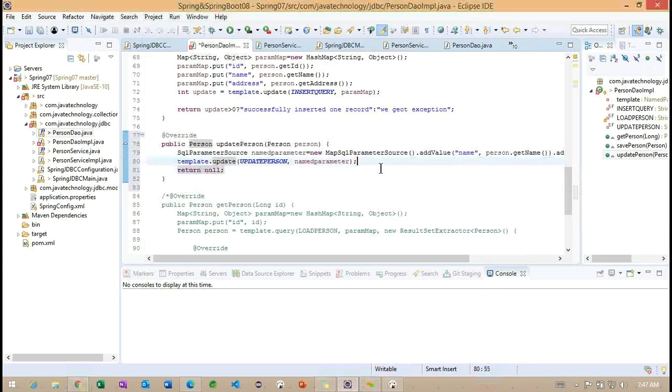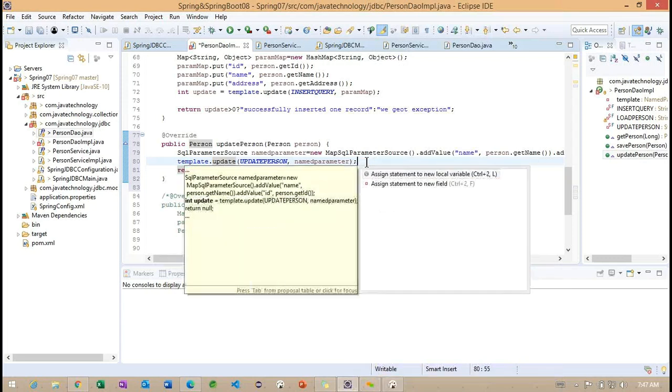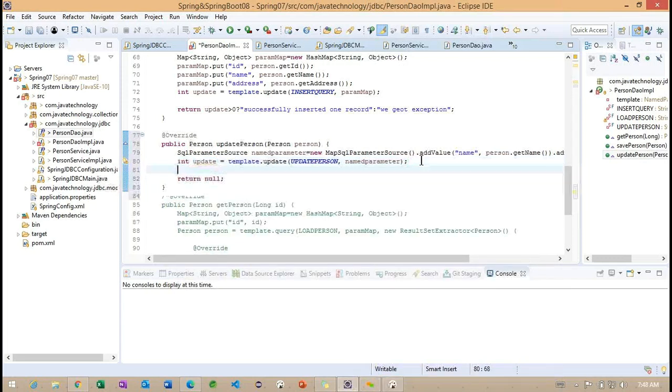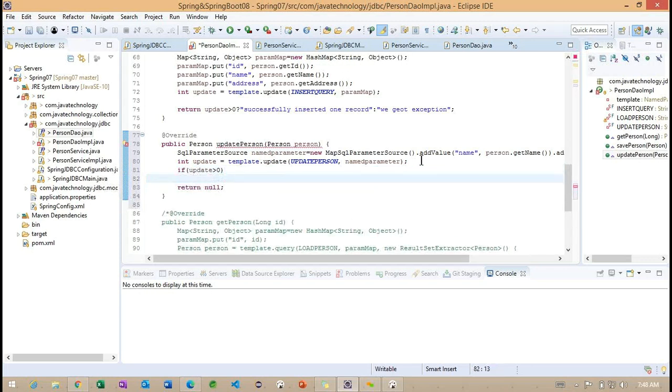If the record count is not 0, we can expect the update is greater than 0.